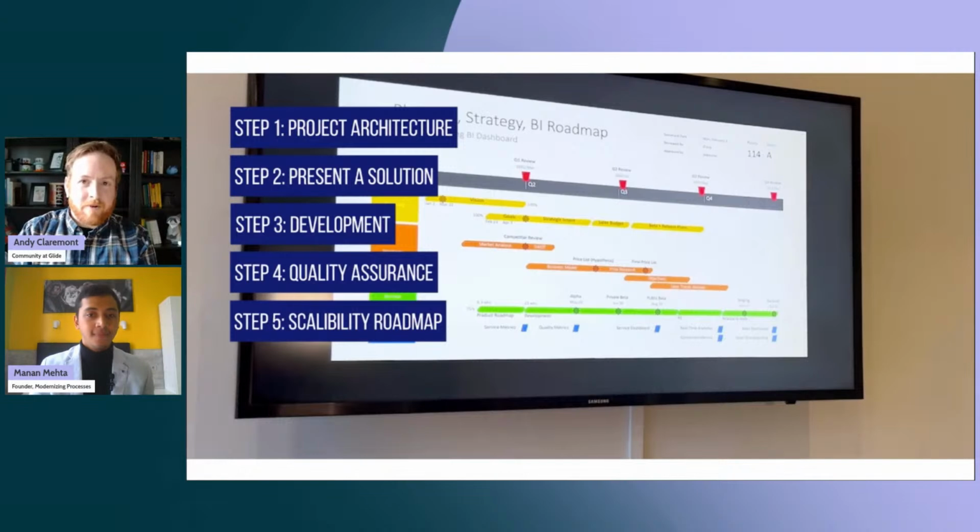I love your sticky note approach. Just put things on the wall. We don't need to go digital at the beginning. Put it on the wall, start with that, and then move on to scoping out what the actual build is going to be. Yep. I really like that approach.